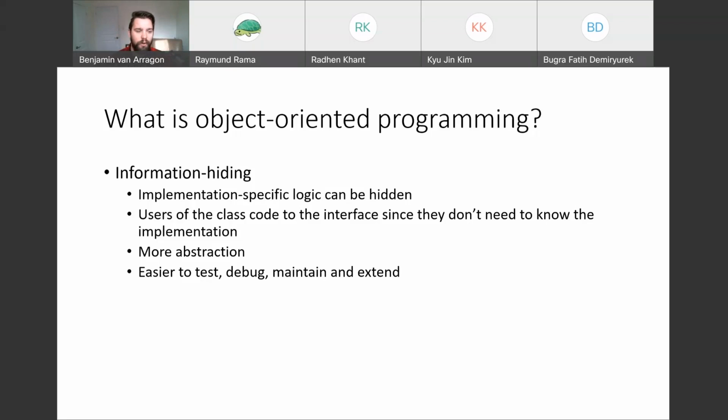information hiding. What information hiding allows us to do is a feature of object-oriented programming where we can put specific implementation logic in our class so that it's only available within that class. Users of the class code to the interface since they don't need to know the implementation. So there's more abstraction, and you use private and public modifiers, and it just makes it easy to test